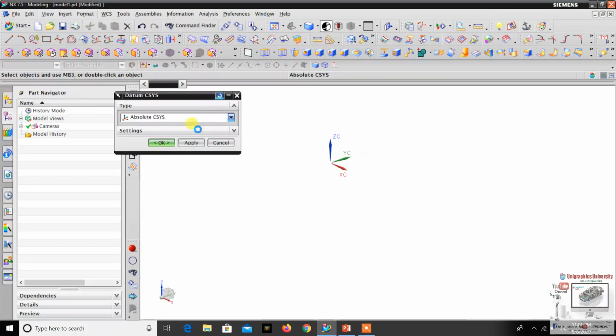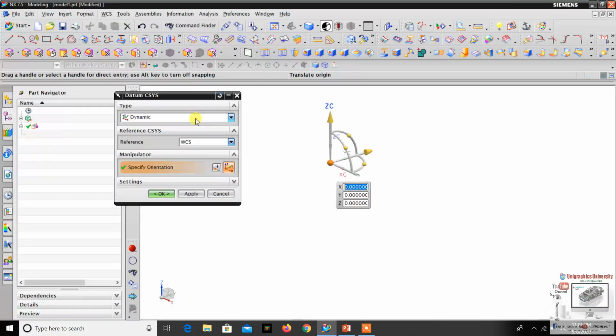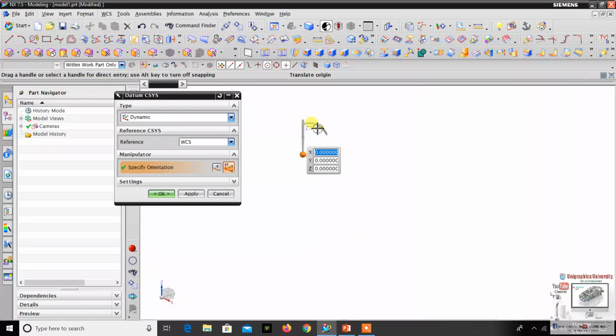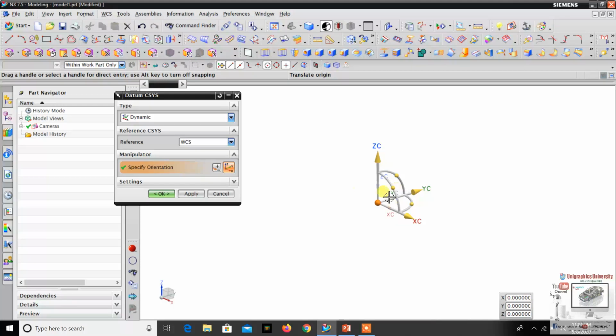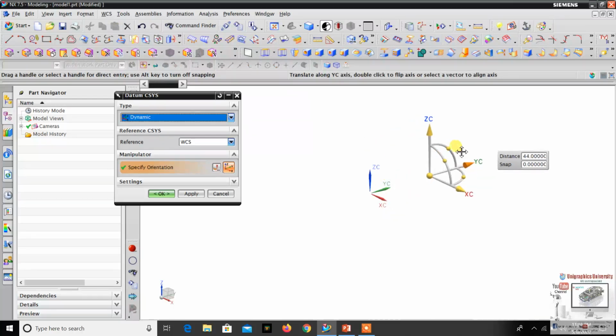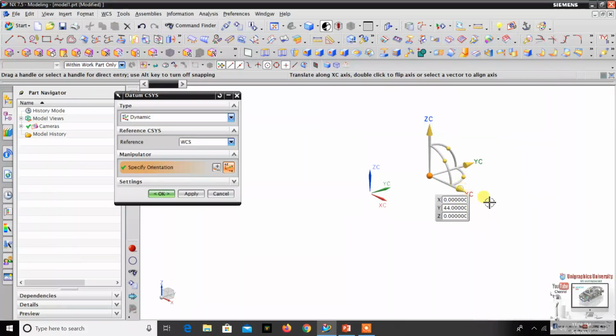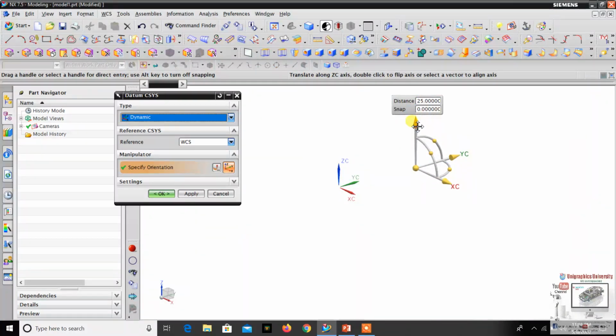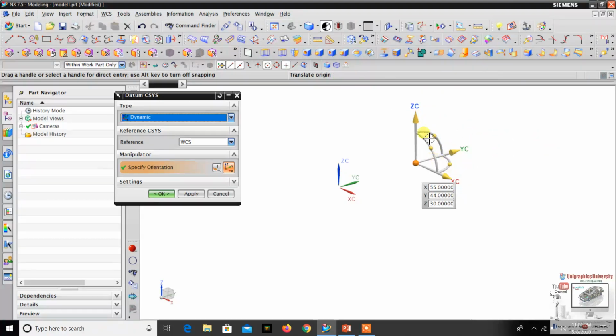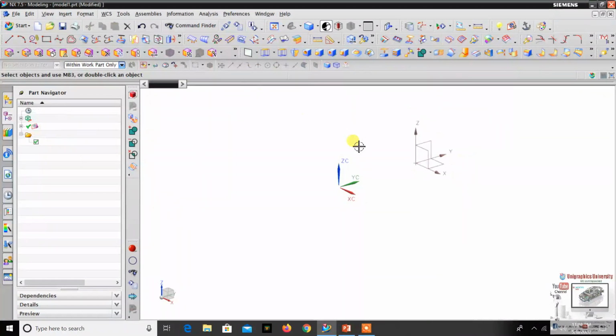I just reset. First one is dynamic. This is the mostly used command. So right click. So this is the 0 axis, right? Wherever you want to create a new datum coordinate system, you can create. Simply move this arrow. This is the y direction. If you want x direction, you can move. How much you want, you can move. So the z direction, you can move 25, 30. Wherever you want, you can move, and simply okay. The new datum coordinate system will be created.